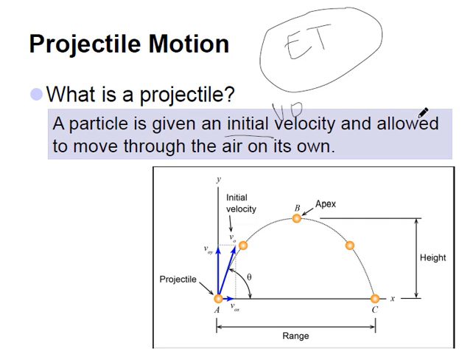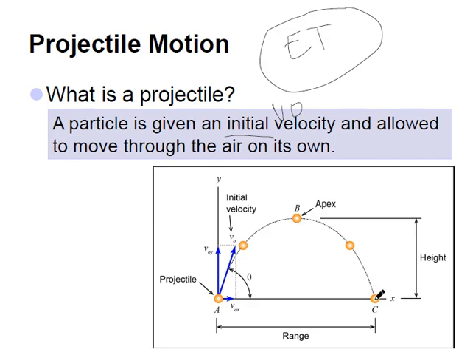and then allowed to move through the air. So we're going to move through the air on its own. So go bam, bam, bam, and then bam, right here. And this is your projectile. So here is your projectile, the starting point, and it goes with the starting velocity, all the way to the apex, about that height, and then goes down again,